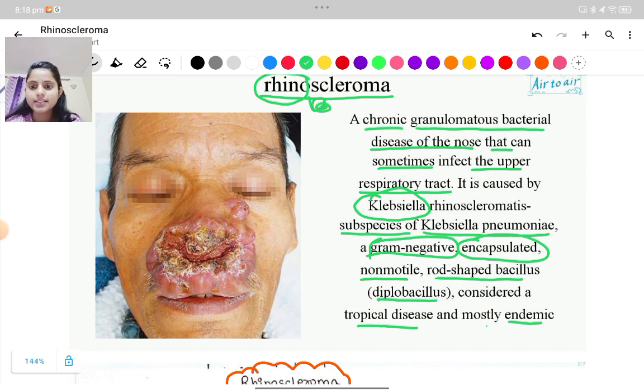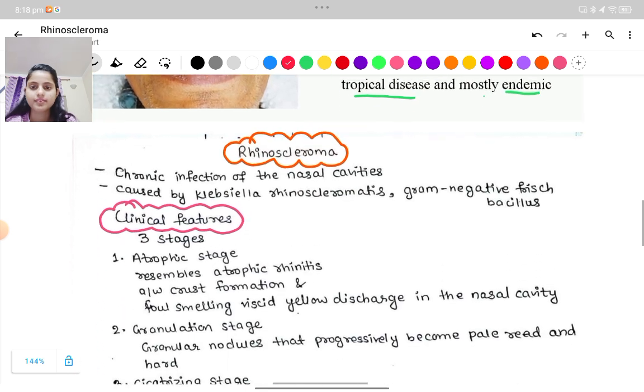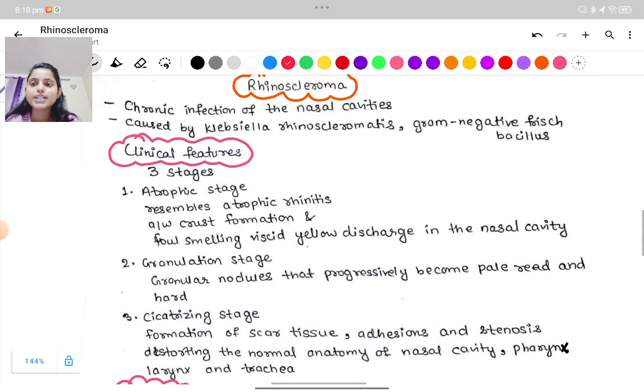Here we can see rhinoscleroma affecting the nasal cavity. This is a chronic granulomatous bacterial disease caused by which bacteria? Klebsiella rhinoscleromatosis, a subspecies of Klebsiella pneumoniae, which is a gram-negative, rod-shaped bacillus. So this is a chronic infection of the nasal cavities caused by Klebsiella rhinoscleromatosis,